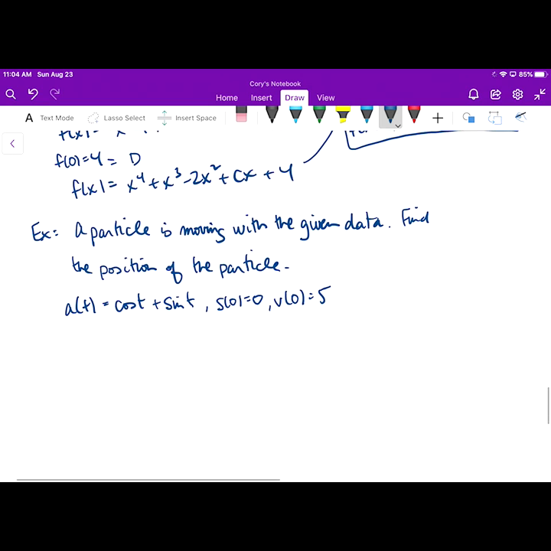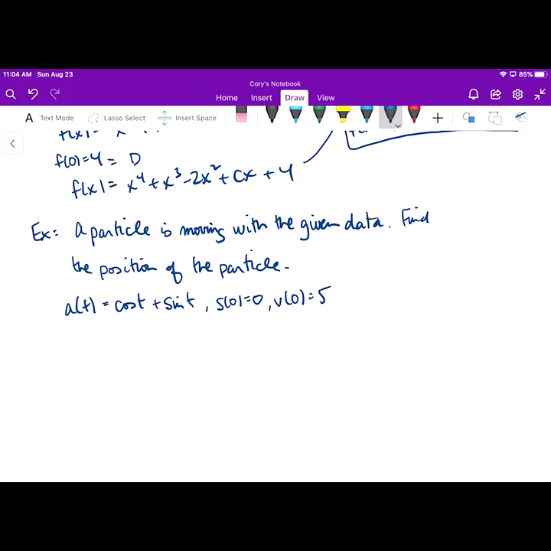Okay, I'm going to have you guys give the next example a try. So this time we're going to take antiderivatives and relate that concept in with particles in motion. Okay, so we're given that a particle is moving with the given data, and then we're asked to find the position of the particle